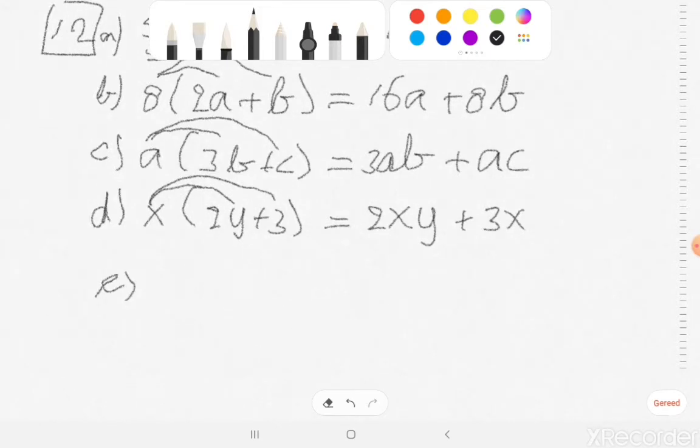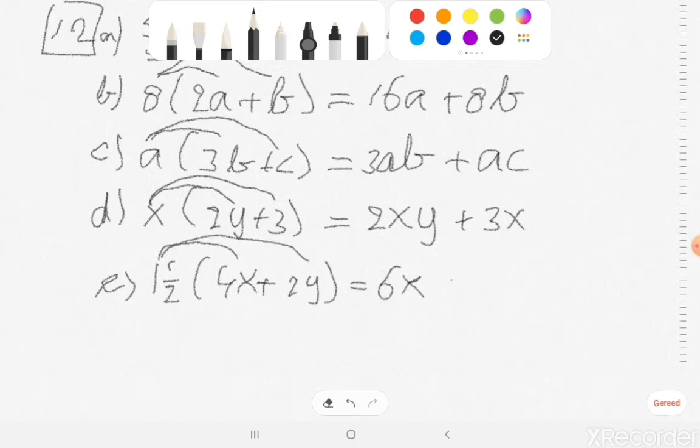Right, now with an improper number, 1 over 2 times 4x plus 2y. Now we know that 1.5 times 4 is 6, so 6x, and 1.5 times 2 is 3. Again, uneven terms. Right, F, the last one, 2p